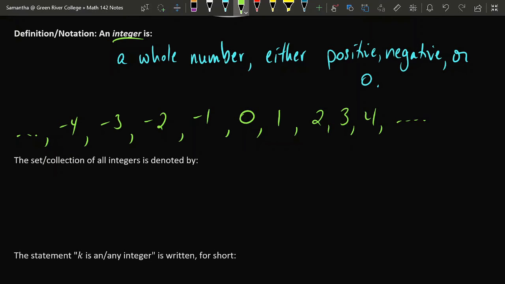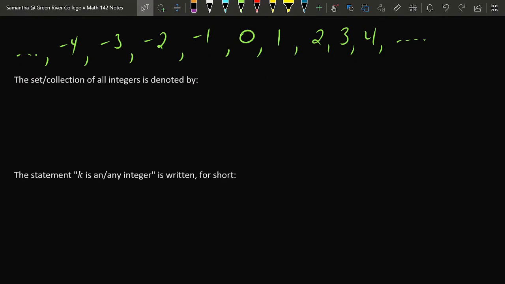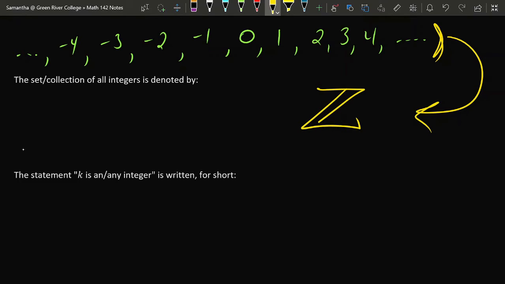Now, if you want to refer to the complete collection of all the integers, basically all the numbers in this list, then there's a pretty convenient shorthand for that collection, and that is the letter Z with an extra bar on it. So the way that I usually write this is by writing a 7 and then writing an upside down 7. So this would be the stroke order for this particular letter here. Z stands for the German word for integer, Zahlen.